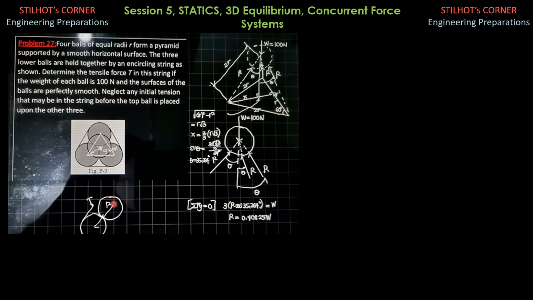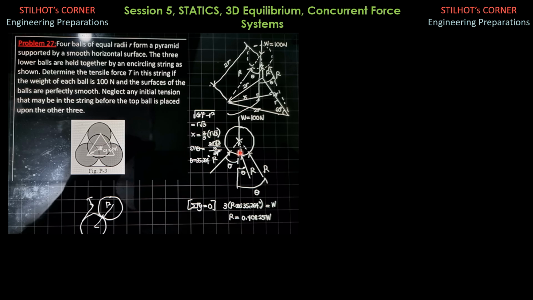Again, if you analyze it from here, if this is the center of the upper sphere, the radius is R, then from this point of contact to the center of the lower sphere, that's also R. That's why the length of the hypotenuse is 2R. So sine of theta is opposite x over 2R. And that's why theta is